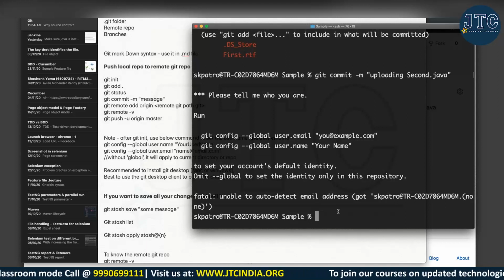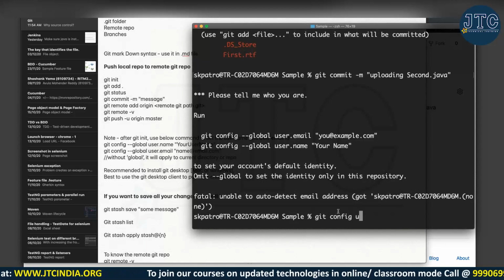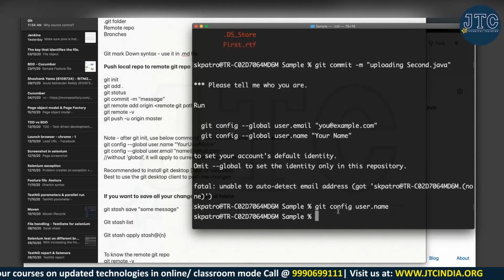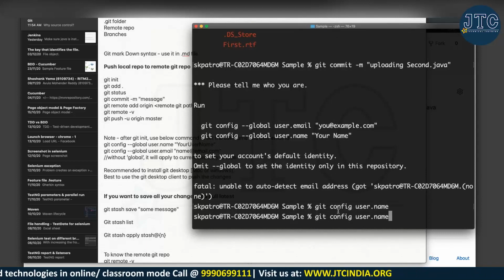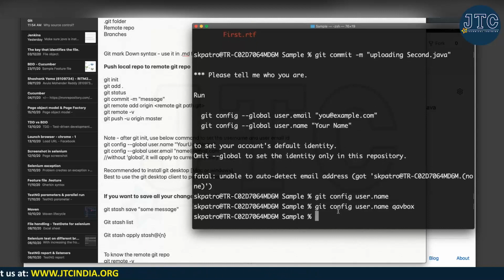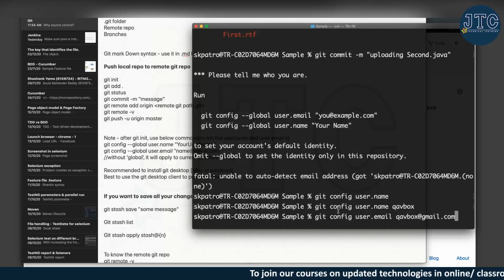Fine. So now here what I will do, git config, I will say git config user.name. You can see it is coming as blank because I did not assign anything. Now I will put my username, the username which you are using in the GitHub account. Fine, username is done. Now I will say email. Some email I'm giving here. At this moment I'm just using some email address which I'm using in my GitHub account. Anything on my name also I can do that.